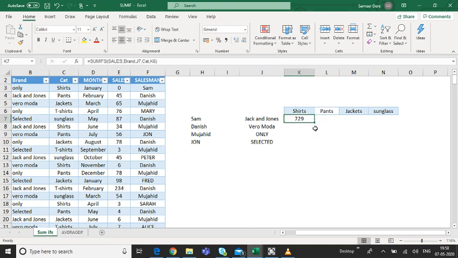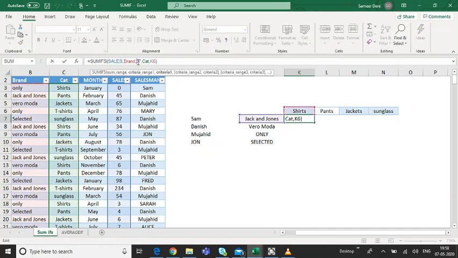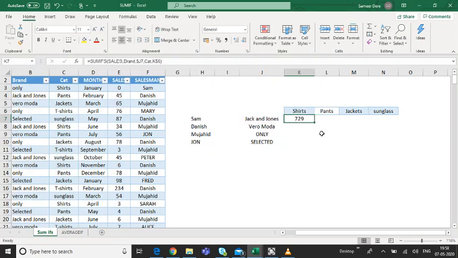Now I can't just drag and copy paste this formula. I need to freeze a few cells. What I'm going to freeze is J. By putting a dollar, I can freeze J. I have frozen J because all the brands are mentioned in J. Then I'm going to freeze 6. Why have I frozen 6? Because all different categories are mentioned in row 6. Tab. 729, the value. Now I can drag freely